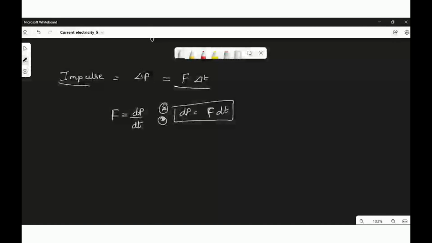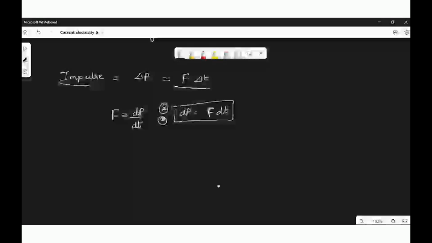A batsman hits a ball straight in the direction of the bowler without changing its initial speed. The initial speed was 12. After hitting also it attains 12, but the direction is exactly opposite. The mass of the ball is 0.15 kg. Determine the impulse imparted to the ball. Impulse is nothing but the change in momentum. You should calculate: the initial momentum is how much? M into V, that is 0.15 into 12. You have to assume one as positive and the other as negative.